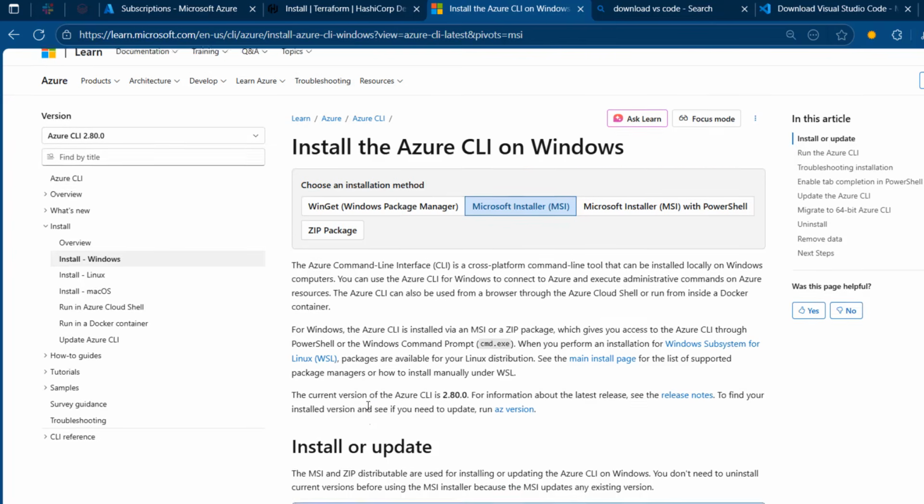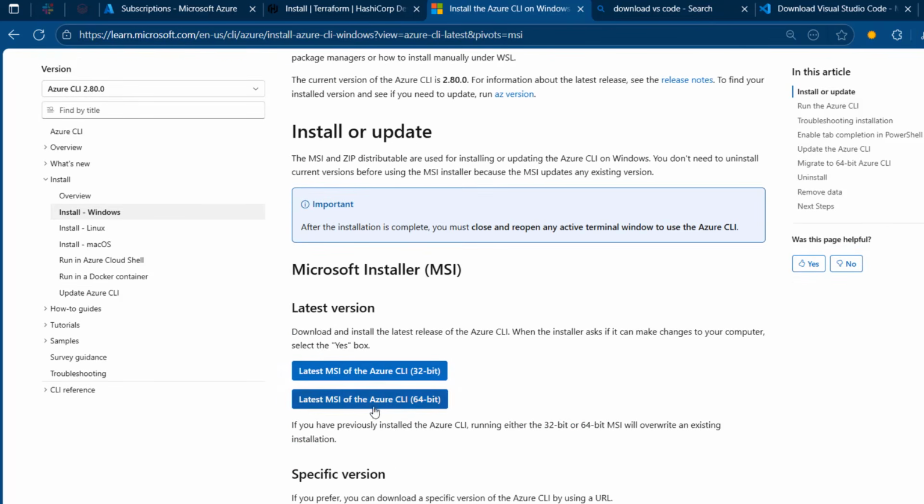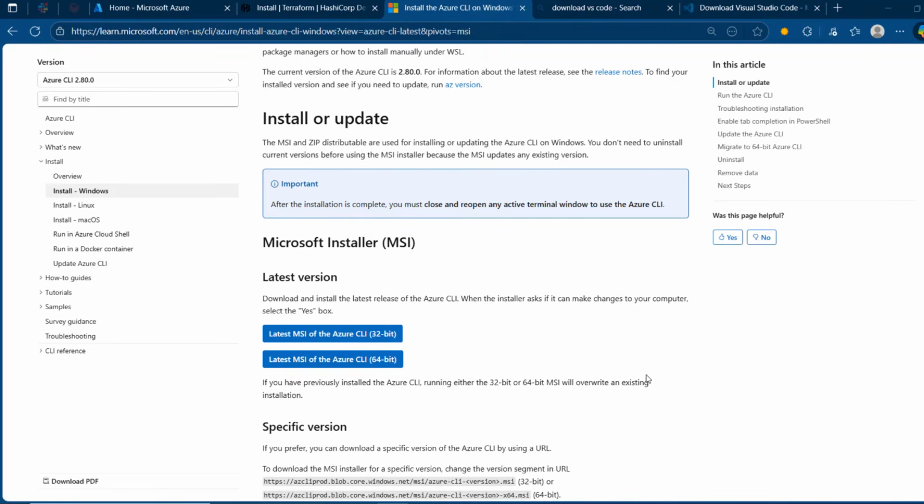And then you want to come to the bottom and just go ahead and download the 32-bit or 64-bit. Once you have this downloaded, just go ahead and follow the installation prompt. And those are the things you need to install. So what I'm going to do next is to launch the VS Code editor and create a project folder